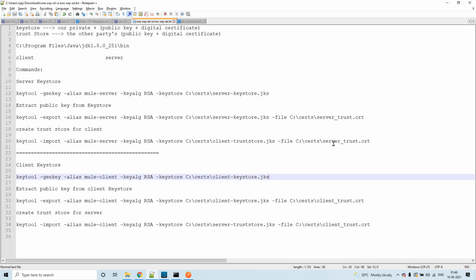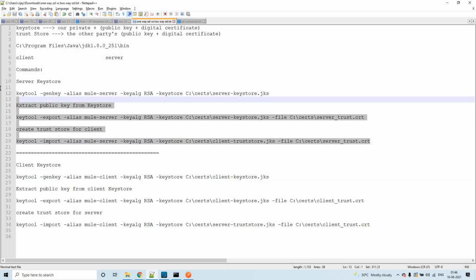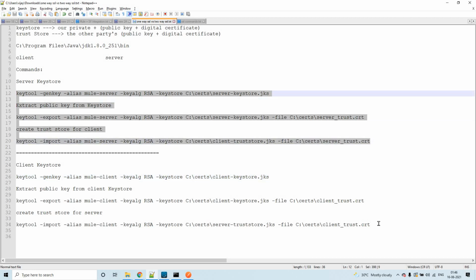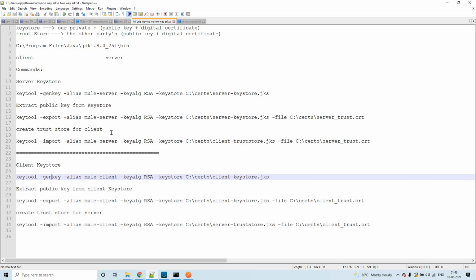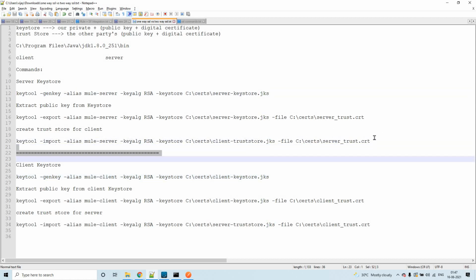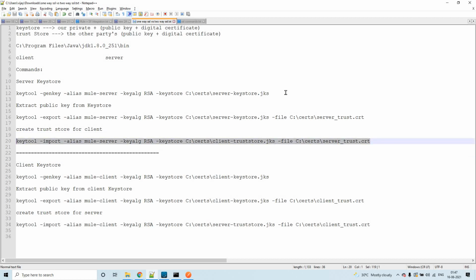But this time, in addition to these certificates, we have to create three more certificates. But at last we'll be using only four certificates. One is the key store, the other is the trust store. So one is key store, the other is trust store.